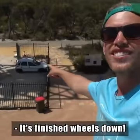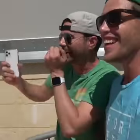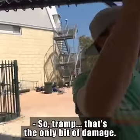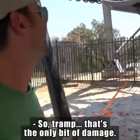It's finished wheels down! 10 for the dismount! We flipping bounced the car. Oh, that is insane. So, tramp. That's the only bit of